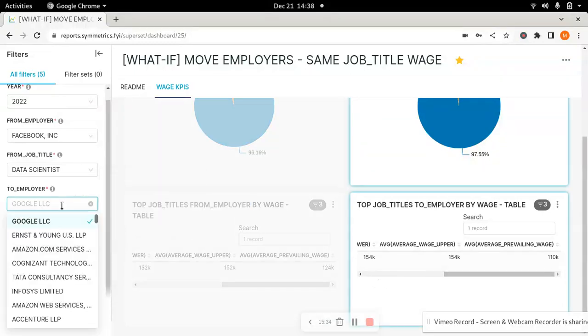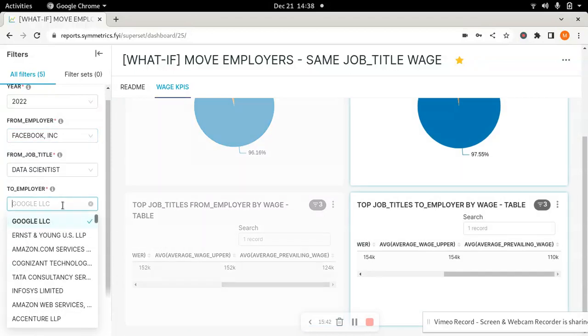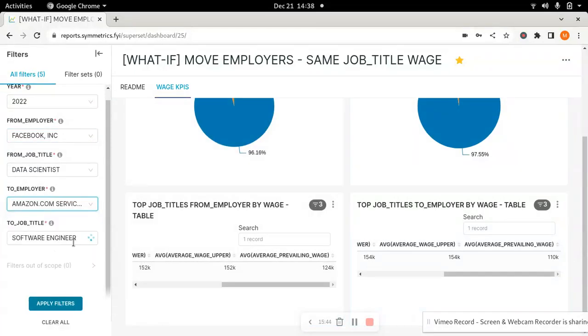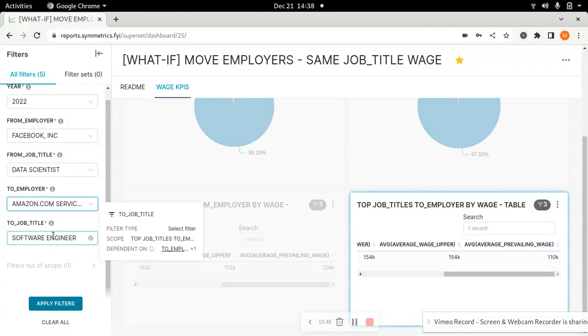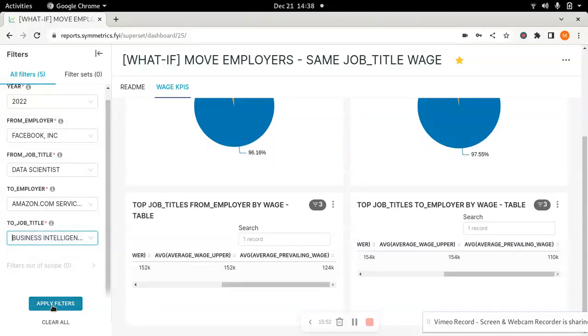Now let's do another example. Let's say you want to move from, I don't know, Facebook to Amazon, right? So let's take Amazon here, and let's say you're planning to become a business intelligence engineer too. Apply.